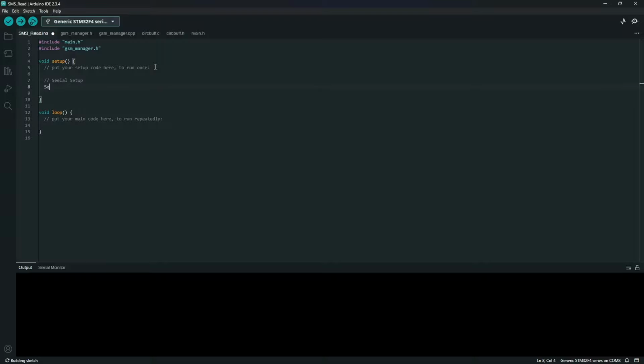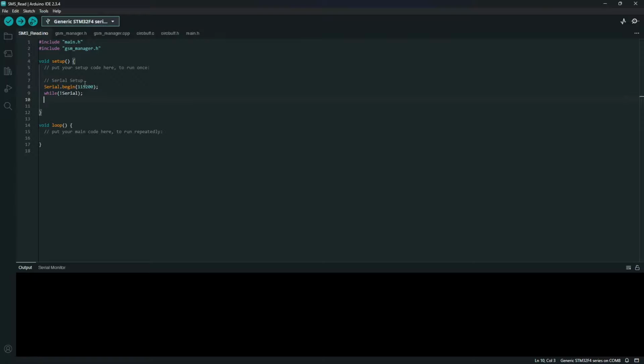which is going to be, sorry, I keep making spelling mistakes. It's going to be Serial.begin, and then our baud rate we're going to use is going to be that. And then this line is not required, but I do prefer, especially if you want to look at the serial monitor output, that you just wait for the serial interface to be set up. So this just allows that serial channel to be done with its setup procedure before we proceed on in the